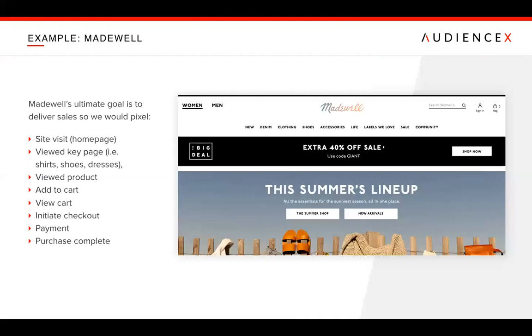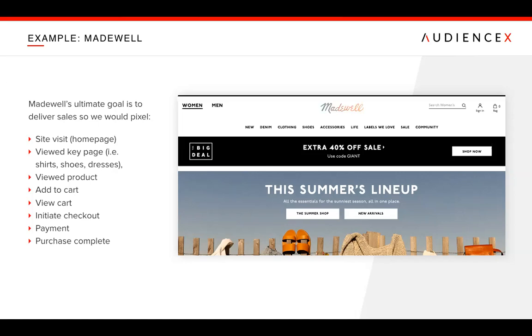So jumping into an example, I did this with Madewell. Madewell obviously is a very large e-commerce retailer, and I was like, all right, well, if I was running a campaign for them, what are the fundamentals I would absolutely want to track for them? Obviously, they get a ton of traffic, so they're not going to run into any kinds of issues of any of these events only having 2 or 3 pixel fires. So if you're a little bit smaller, you don't want to go crazy overboard and track events that you only see 1 or 2 interactions with in a month. But as soon as you're getting closer to relevance, like 100, 500, 1,000 plus, those might be key events that